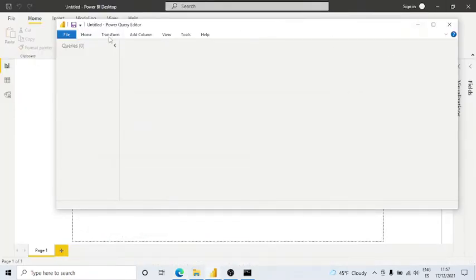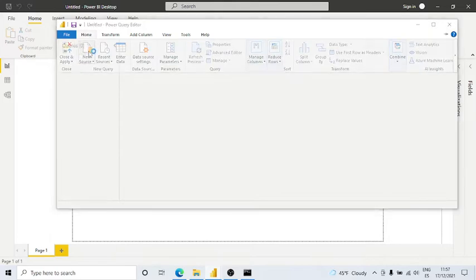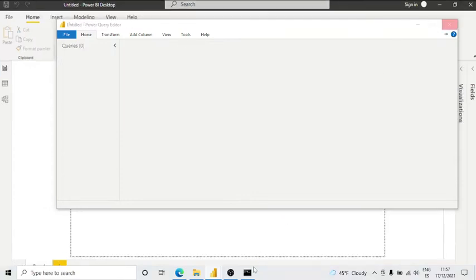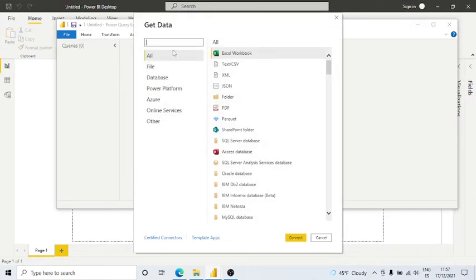Here it is. Then we go to new source. Can close this. Select Python.